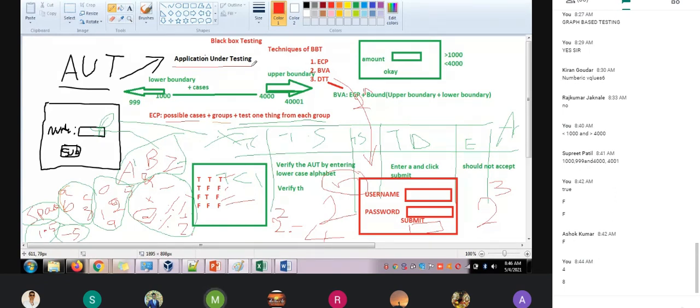Now he will give one person as a SPOC, and that person will help you with access. First of all, access to the database, access to the project-related documents, everything he will support you with. That means that person will give you each and every input and output on the project.